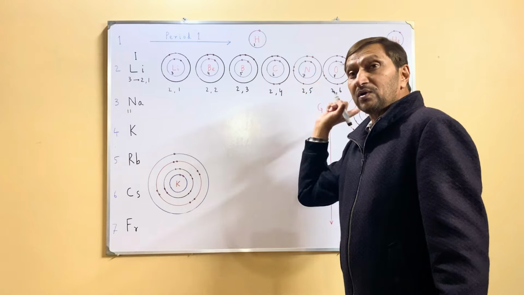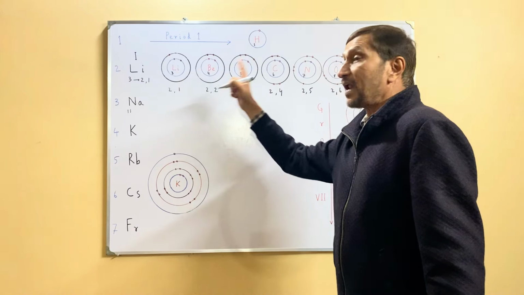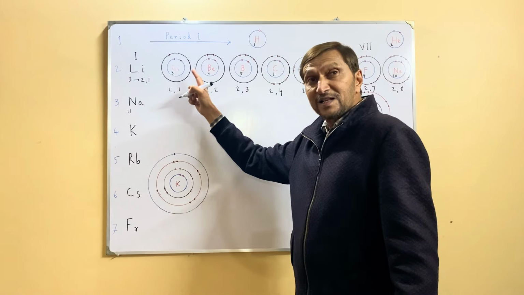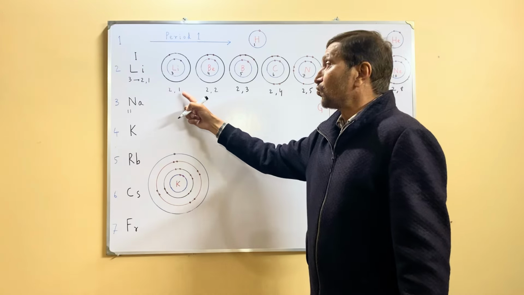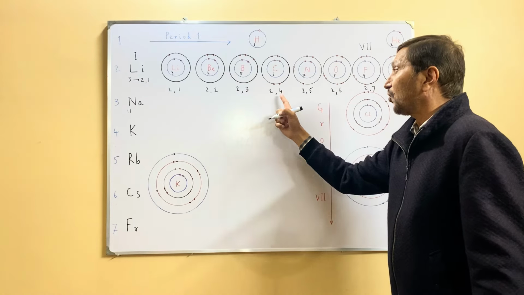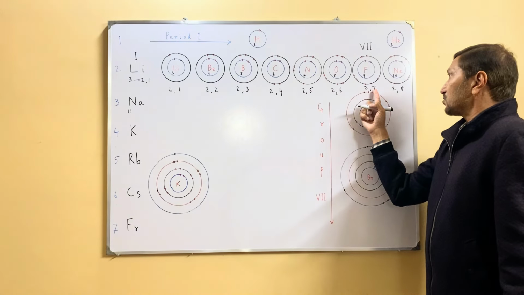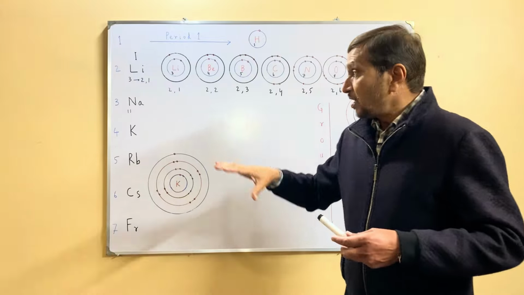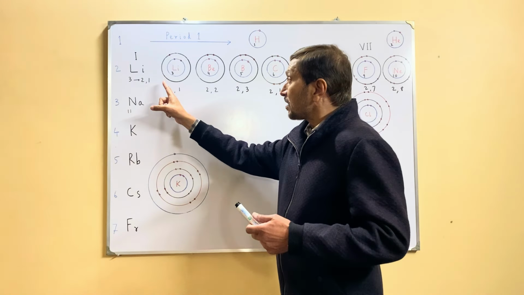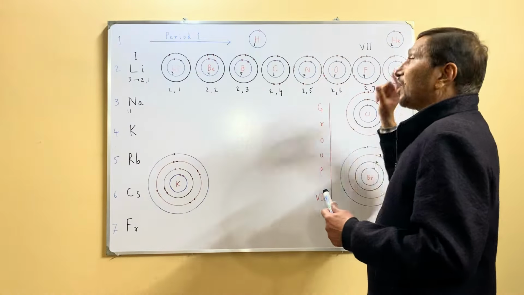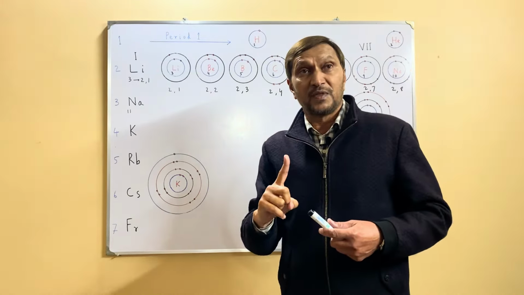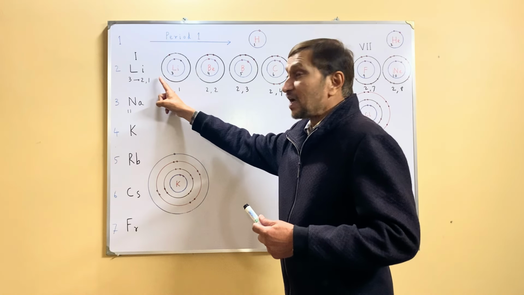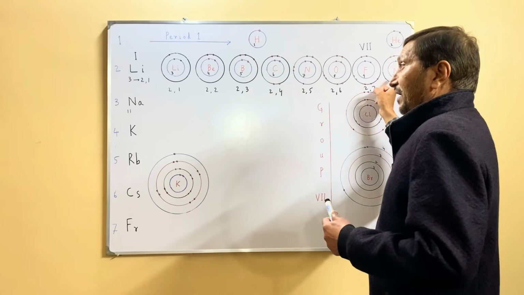As we are moving from left to right, the shells are being filled with electrons: 2, 1; 2, 2; 2, 3; 2, 4; 2, 5; 2, 6; 2, 7; and 2, 8. It means that we are moving from metallic character towards non-metallic character in a period. When we move from left to right in the period, we move from metallic character towards non-metallic character,